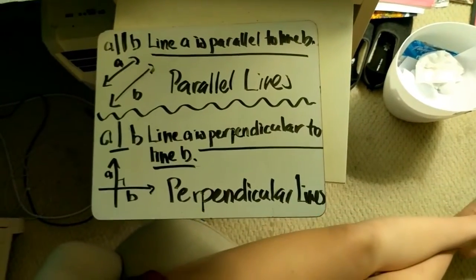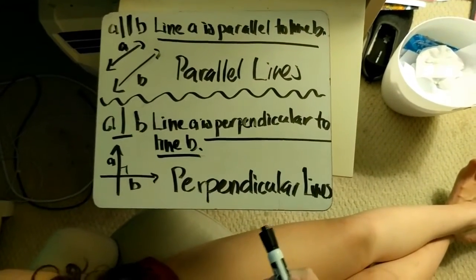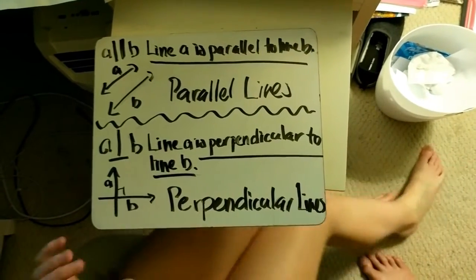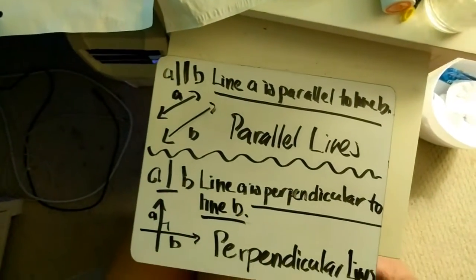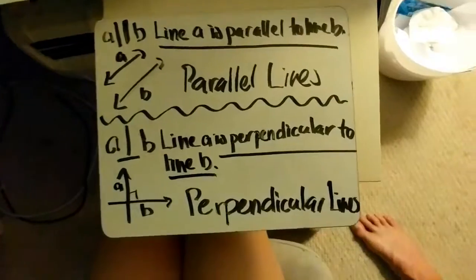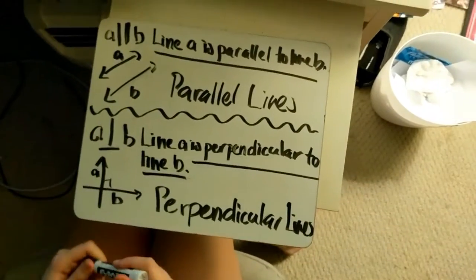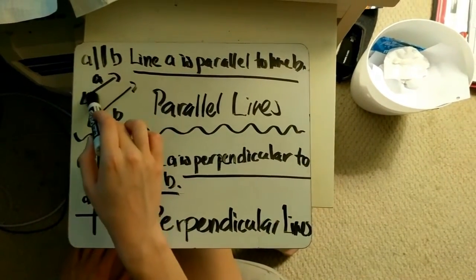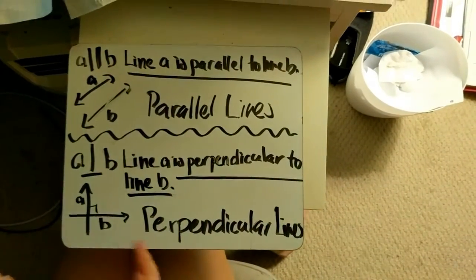Some important symbols, meanings, and figures to know before we start: what parallel and perpendicular lines look like, what their definitions are, etc. Over here we have the symbol for A, and then there will be two lines between the next letter, which is B. This means line A is parallel to line B. The figure for parallel lines is one line marked A, and then another line exactly opposite of it,